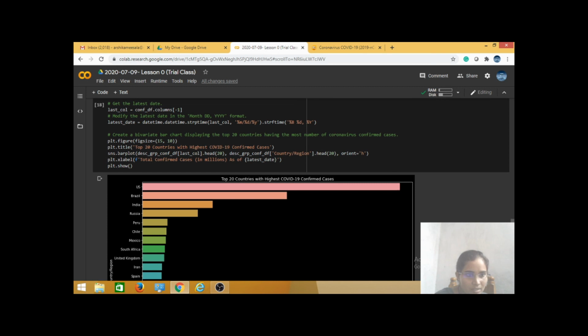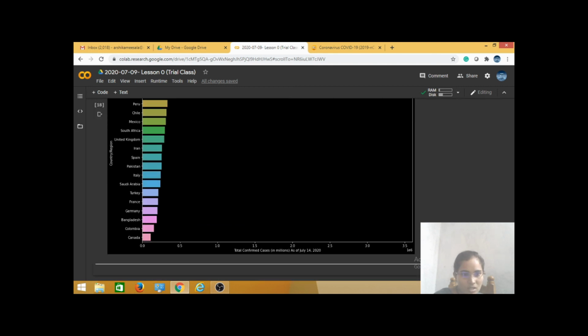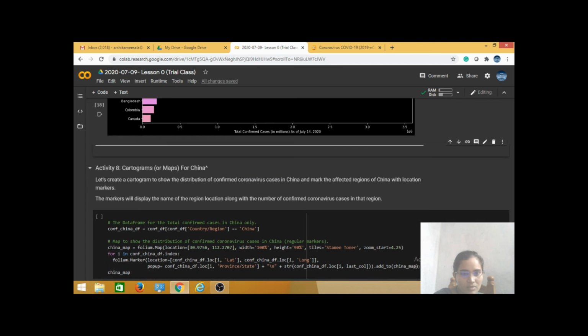Next one is sns.barplot. Here you give the head and the country and regions, all those things. Same thing here also, you set your labels, and after that you display your bar chart. The same concepts you are using everywhere.